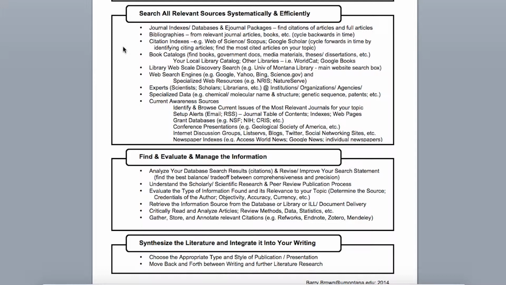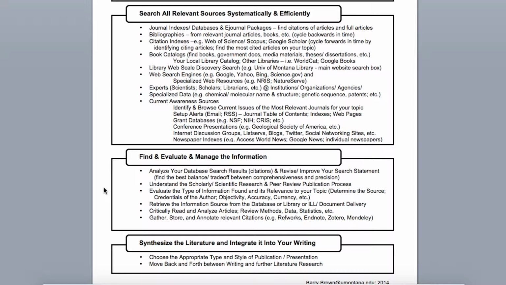You may want to keep track of things that looked relevant but ultimately were not of use to you, so you don't spend a lot of duplicative time eliminating sources. These citation management programs can be a big help in storing your citations. You can even annotate them within those and create bibliographies from them. So doing literature research